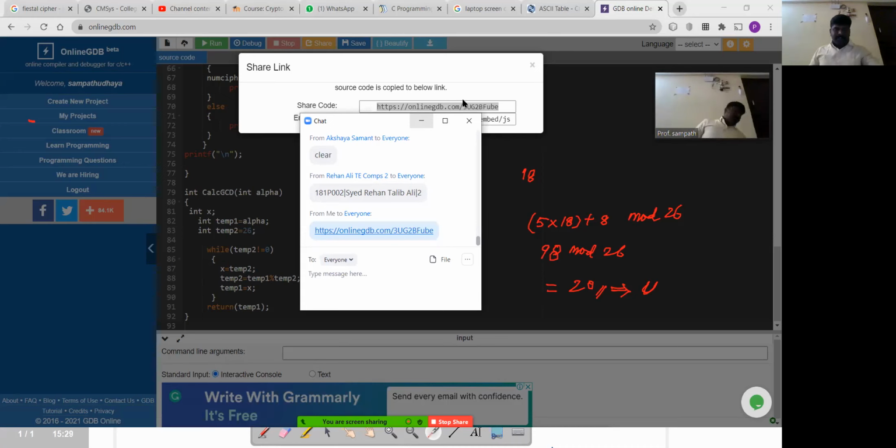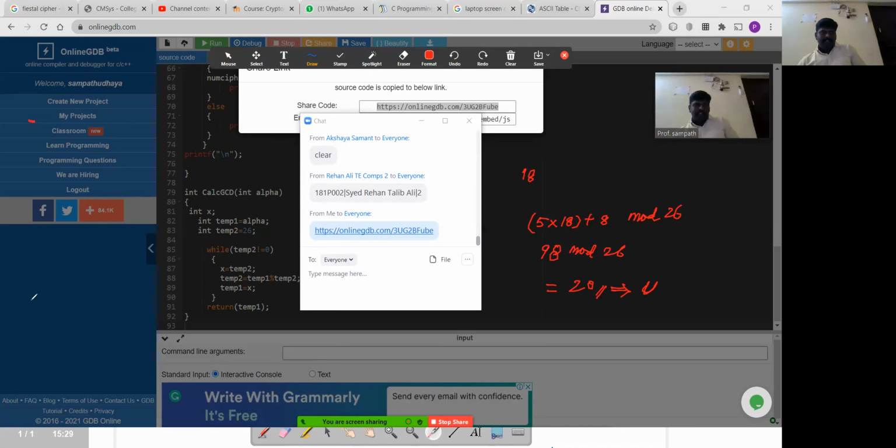There are only two lines of code which you require: 26 minus a, multiplied by y minus b, and mod 26. This will give the plain text. Make sure all the things you are writing are under the for loop with respect to the j values.